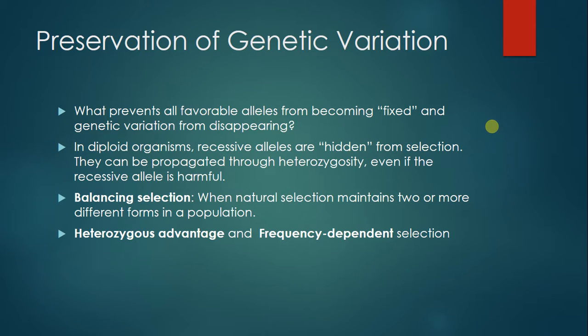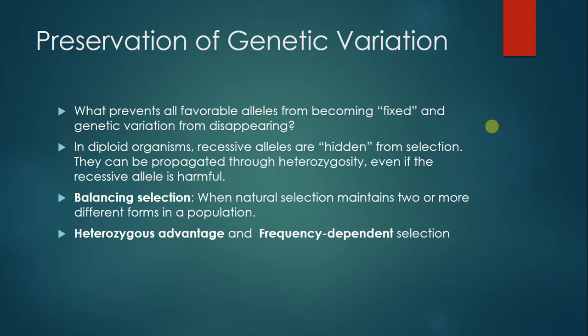So last thing I'm going to end with is, you might say, what prevents all favorable alleles from becoming fixed? So all bad alleles from completely leaving the population and just having good or positive alleles left. Well, the main idea is that in diploid organisms, recessive alleles are hidden. For example, recessive alleles aren't expressed and can't really be selected against in heterozygote individuals, and so are preserved, even if they're harmful. All right? And two examples of this